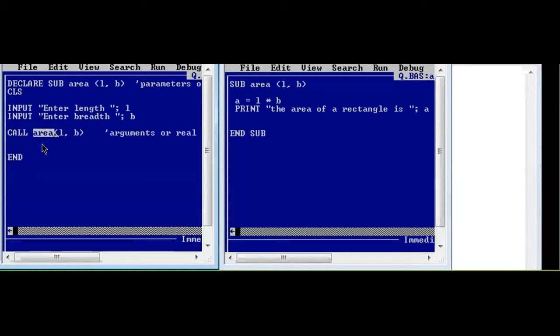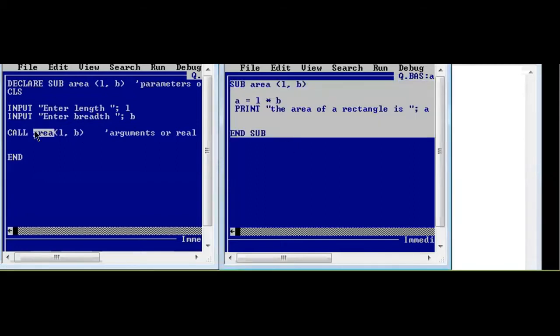It won't go to end, but it will go to the sub procedure part. So what is happening over here is it is calling the sub procedure by passing two arguments, and the two arguments are stored in L and B. Parameters are variables, arguments are values.